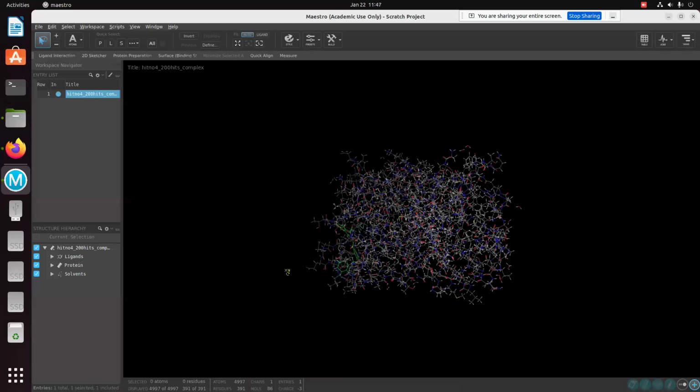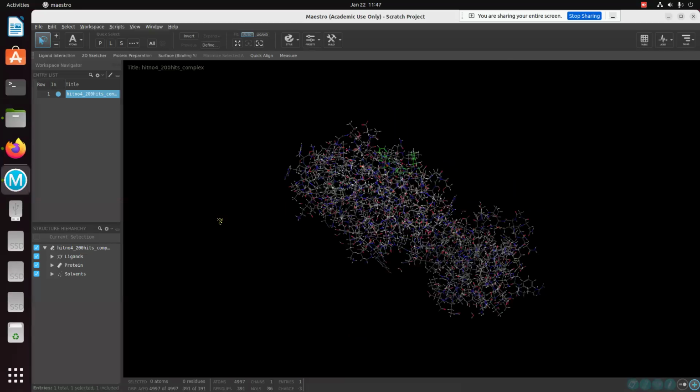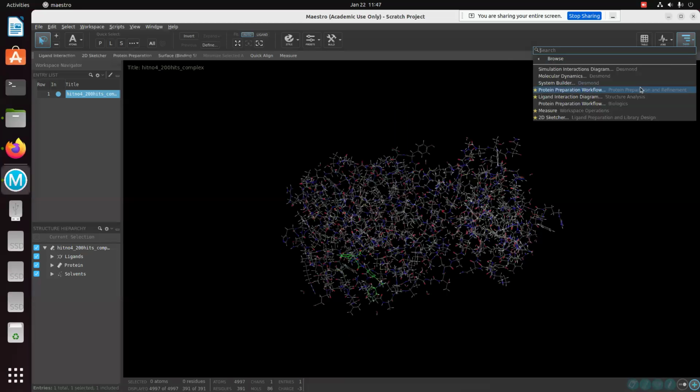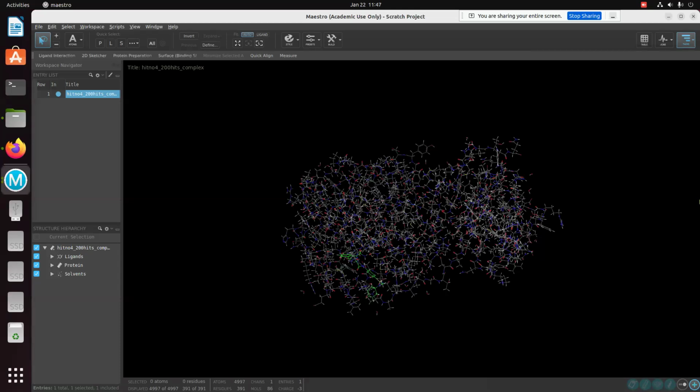Then the second step is to prepare the protein-ligand complex by the protein preparation wizard. For this you have to click on the right upper corner. You will observe three horizontal lines. You have to click on that, and in search you simply type protein preparation wizard, or here it is available, that's why I'm directly selecting. Okay, after selecting,